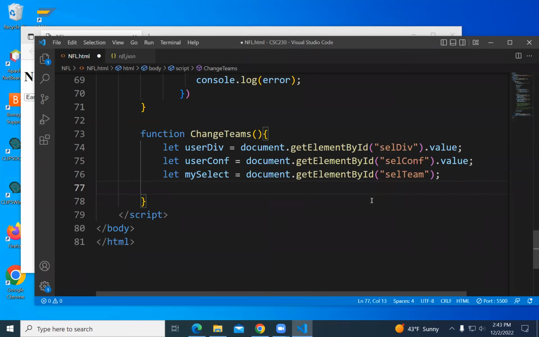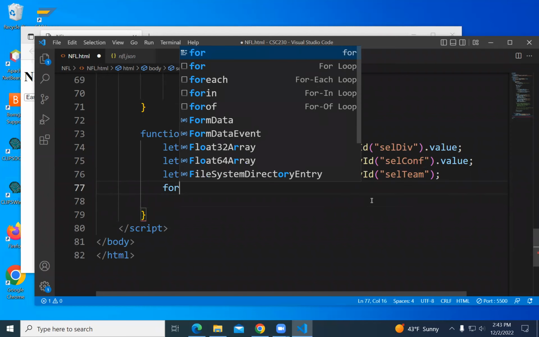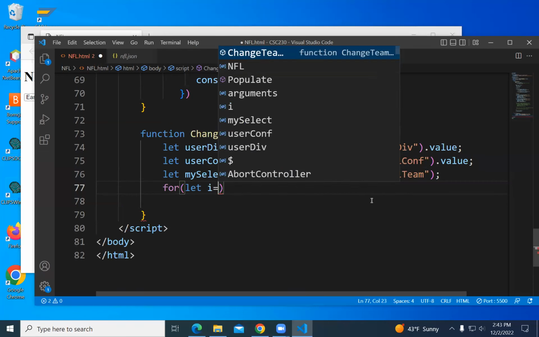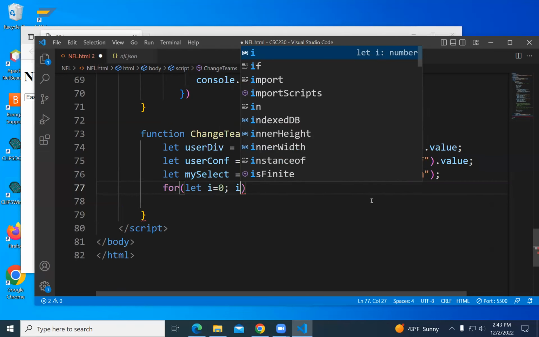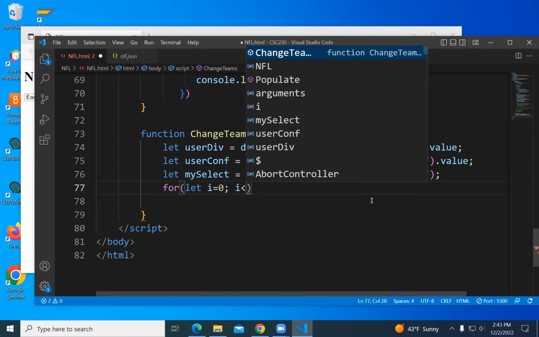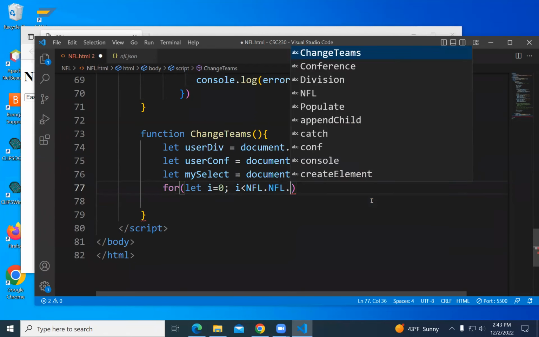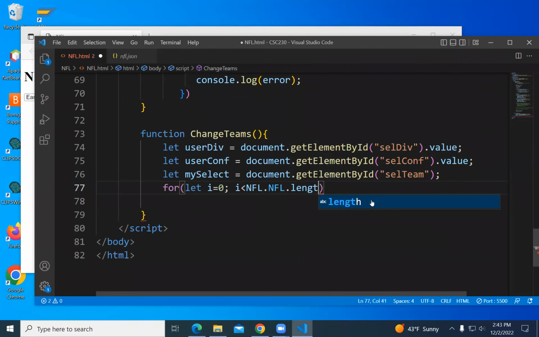And then I'm going to loop over the teams. Let i equals 0, i less than, what did I call it? NFL dot length. i plus plus.